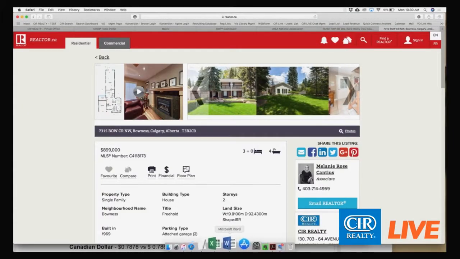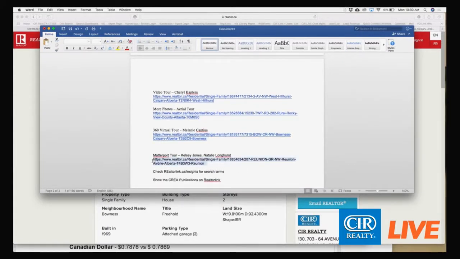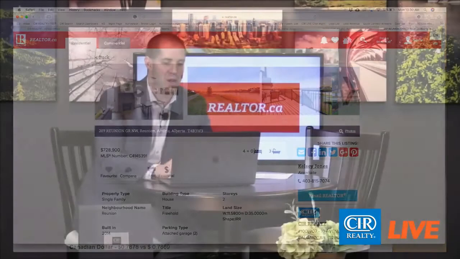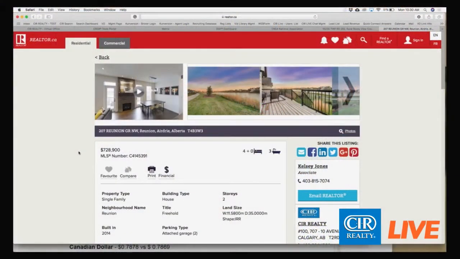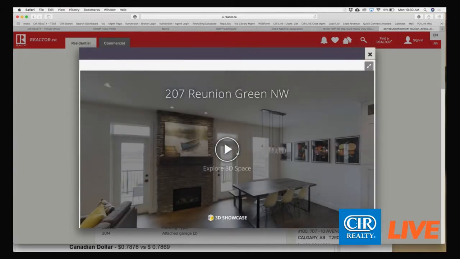The last thing I'll show you really quick on this, I know that we are running out of time, is what Matterport looks like. So you can get Matterport through the board. Matterport is a 3D virtual tour software, I guess. It's a special type of camera and things. But this one here is what a Matterport tour looks like. When you post it up, you can explore the 3D space.